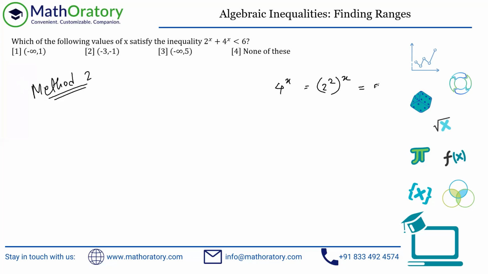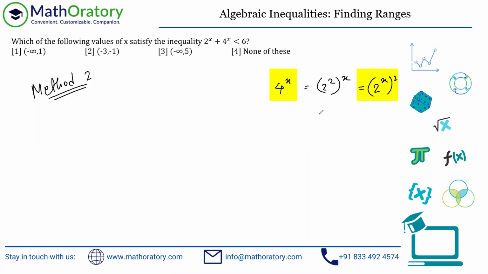So what we can do is we can always interchange these two. I mean, something like a to the power b whole to the power c is always the same as a to the power c whole to the power b. This b and c interchange can always happen, unless these are negatives, or not even negatives, imaginary numbers. So in those cases, you have to be a little careful. In the scope of CAT, that will never be a problem. So yeah, as I was saying, this will always be a square of 2 to the power x.